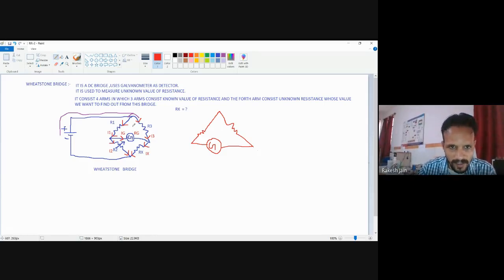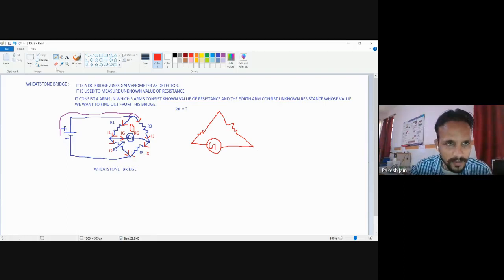So let this be my first loop. This closed path is also known as a loop. Remember, in any closed path, the total value of voltage is equal to zero. This is known as Kirchhoff's voltage law. What is Kirchhoff's voltage law? You may have already learned in class 10th, 11th, 12th, or in the first semester that in any closed path, the total voltage is zero. And what is the formula for the voltage? As I have already taught you in Ohm's law, V is equal to IR: voltage is equal to current multiplied by resistance.